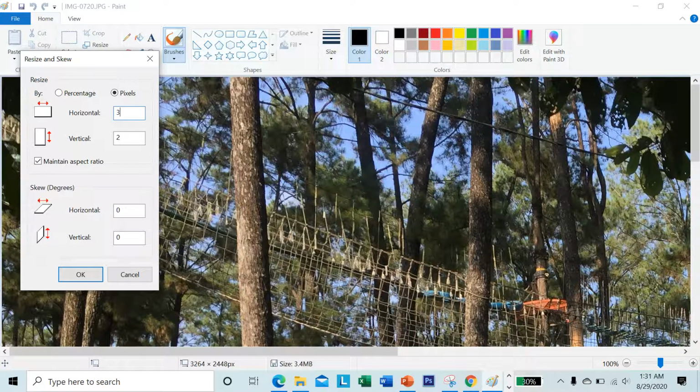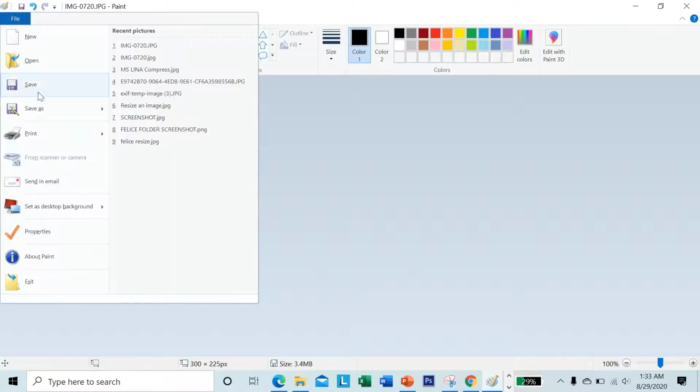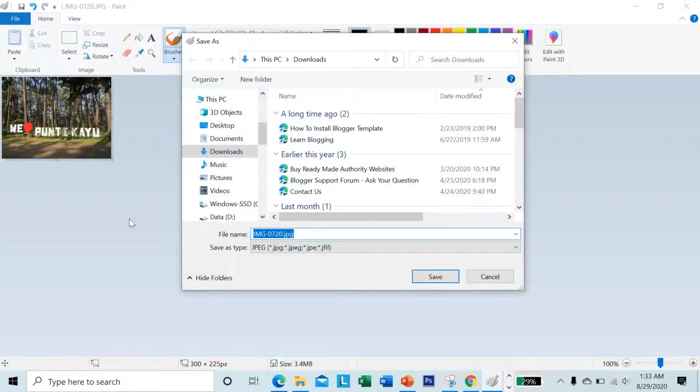For example, over here, the horizontal, I make it 300. But if you uncheck maintain aspect ratio, you will need to enter both the horizontal and the vertical value. If these values are not proportional to the original picture's width and height, your resized image will be distorted. Then click OK. And after that, if you are happy with the resized picture, click File, click Save As, and